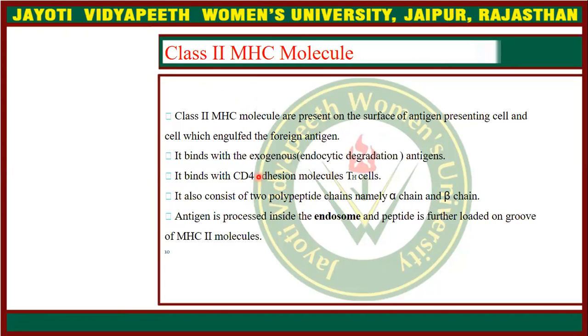In the major histocompatibility complex there are also two peptide chains, the alpha chain and the beta chain. The alpha chain is synthesized from chromosome number 6 and the beta chain from chromosome number 15. After the antigen is encountered by the antigen presenting cell, it is processed into peptide molecules which are present in the groove of the major histocompatibility complex.